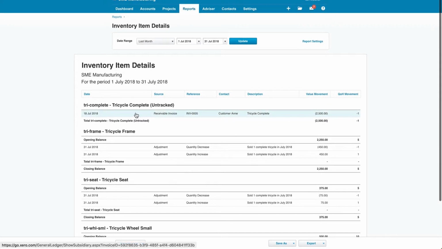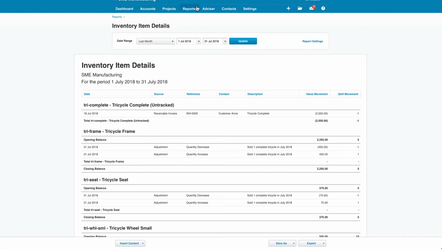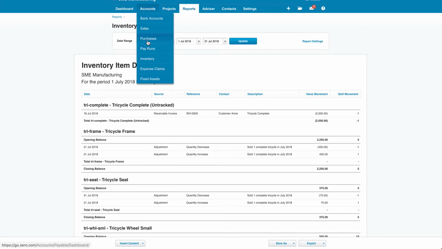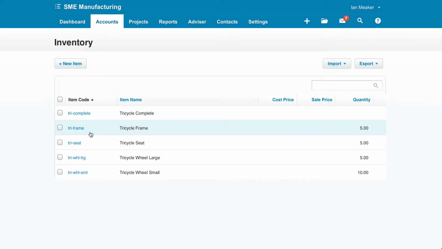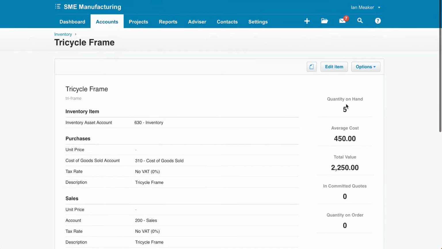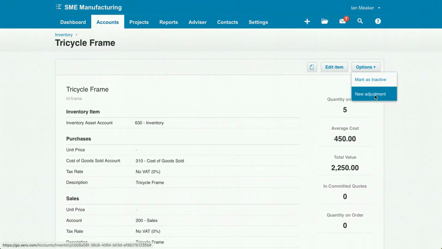So here is essentially our one sale, and if we want to then process this using the manual inventory adjustment method, what we will do is we will go into each component and adjust it down by the quantity in the bill of materials multiplied by the number of tricycles that we sold. So in this case, we sold one tricycle in the month of July, and what we want to do is we want to do an adjustment down. So we click on New Adjustment,